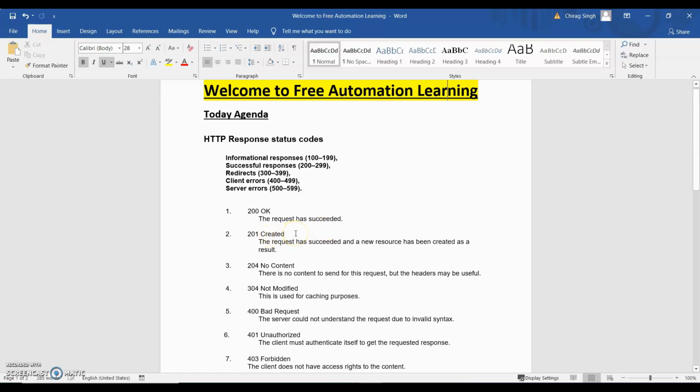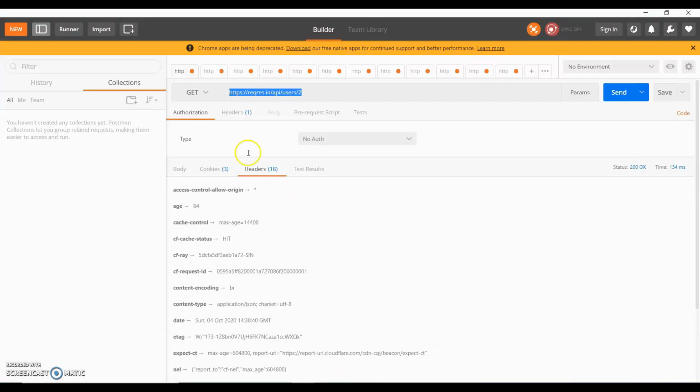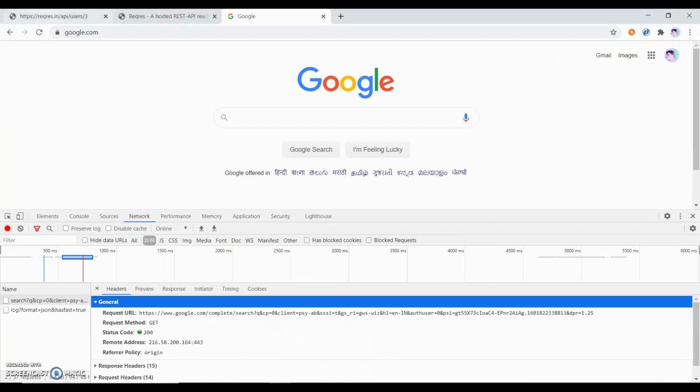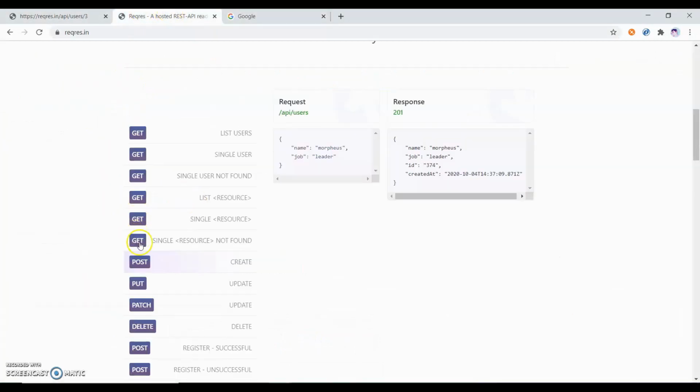201 is created. When we create any new data or resource on the server, we will get a 201 code. Suppose I create a new one for this post.